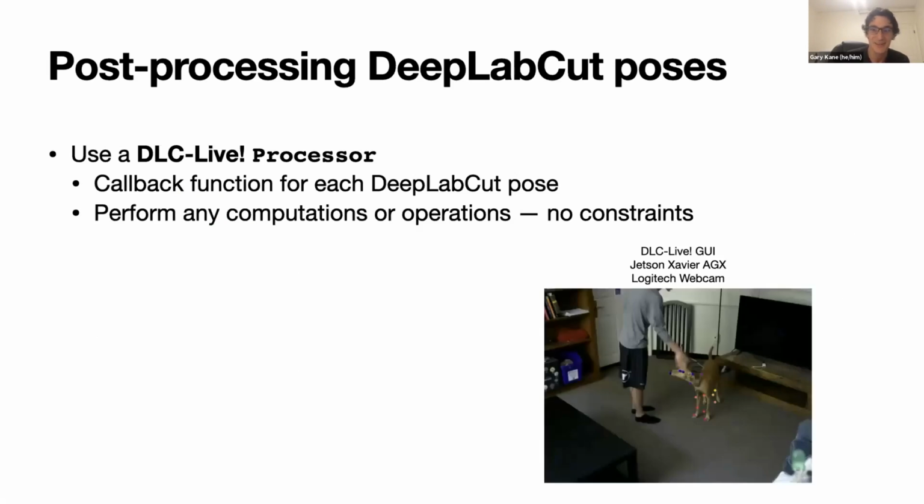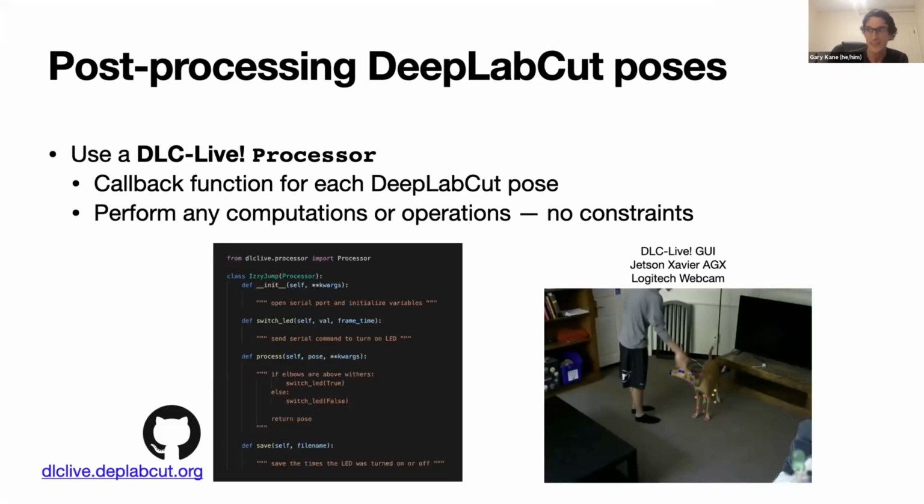So Izzy loves to jump up for treats. And so what we're going to do is turn on a little LED in the corner here whenever she jumps up. I want to point out that it's really simple. It only takes about 15 or so lines of code to implement a processor to do this. And so once we have the animal's posture in real time,